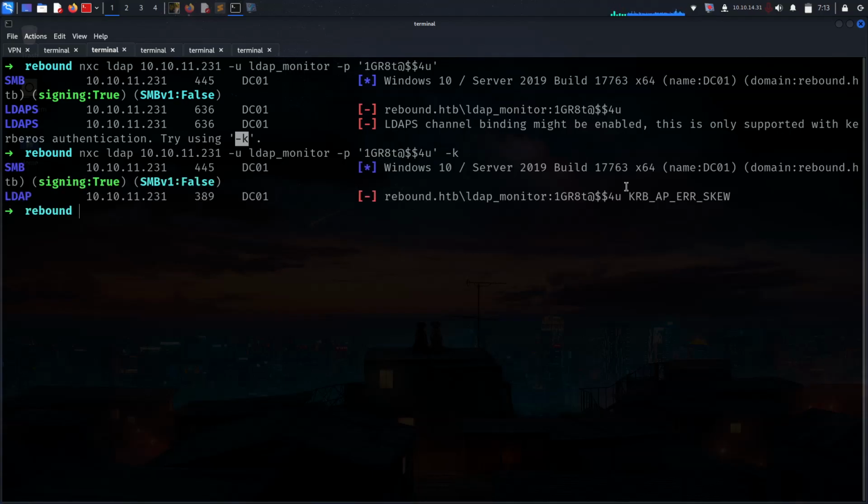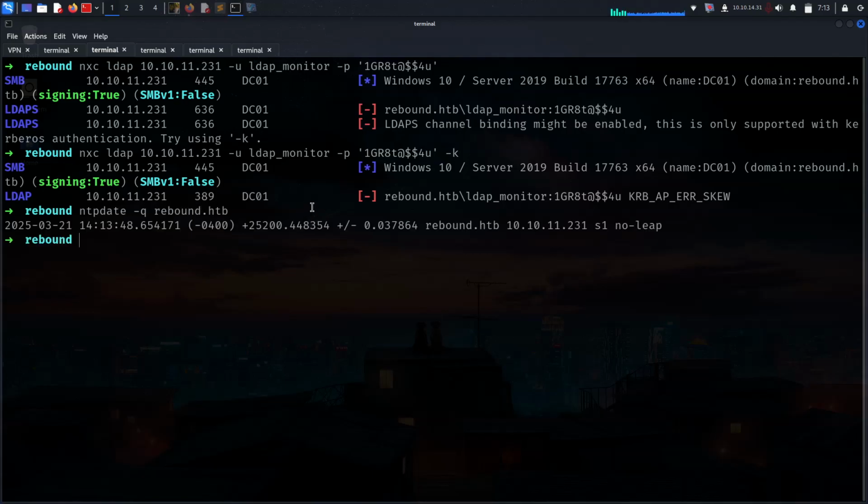We are getting another error here, which is a Kerberos error from the clock. We got this before, I think, if you watched other videos. It's about the time of the machine not matching, so we have to fix it. To match it we can just use ntpdate -q and then give the domain name, which is rebound.htb. Then we can try netexec ldap with faketime, giving the time of the